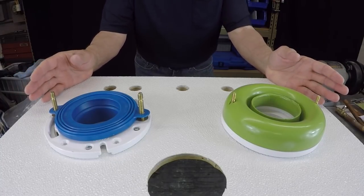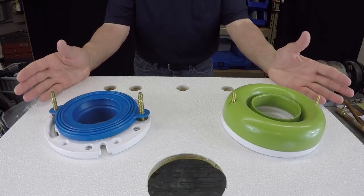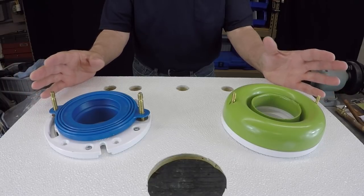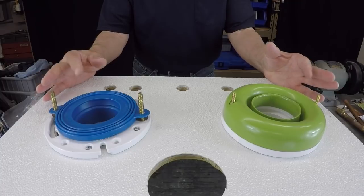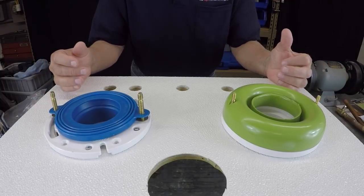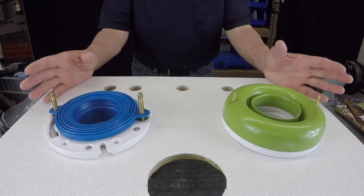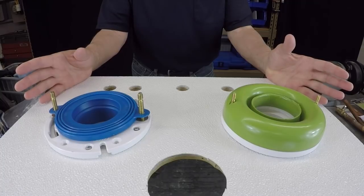Now, just bear in mind, I can't demonstrate every scenario here up on the bench. I mean, you may have certain situations where you run into certain job conditions, and what you see here may not apply across the board. But I'm going to try to clarify it to the point where if you do run across something, hopefully you'll be able to solve it. And if not, you could always reach out to me,